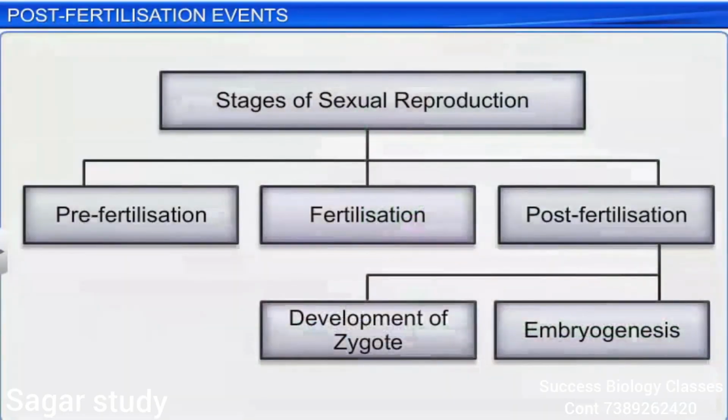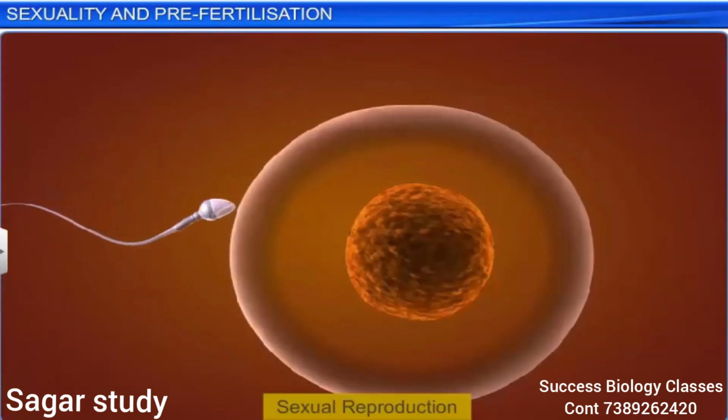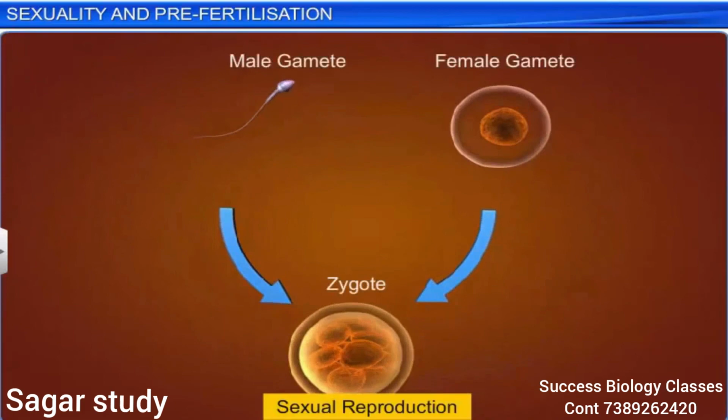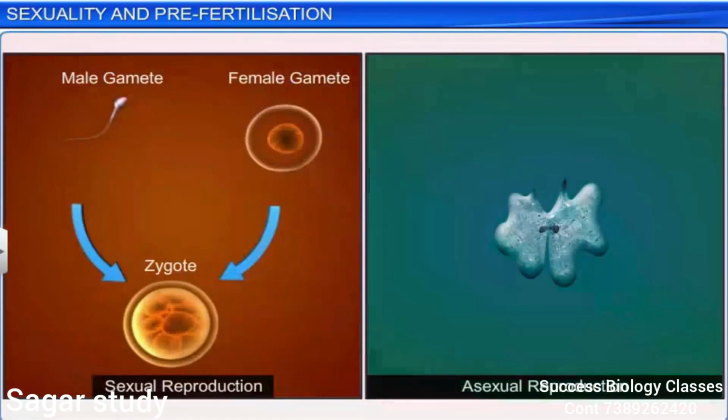Thus, in both plants and animals, the formation of a new life hinges on the development of a zygote and embryogenesis, the two post-fertilization events. Sexual reproduction, which is common in higher plants and animals, is a far more complicated and elaborate process